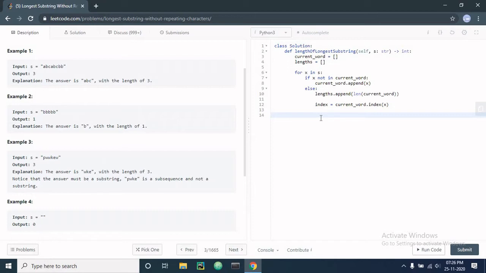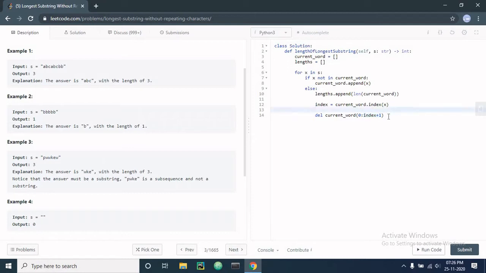So what we will do is delete the current word from 0 to index plus 1, meaning we are deleting the current word from 0 to the index. When we give index plus 1, it deletes one less, so it will delete till the index.